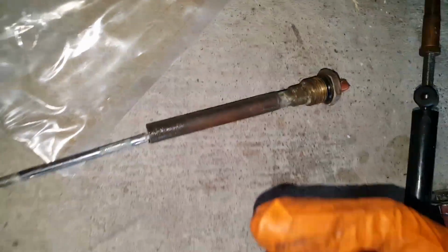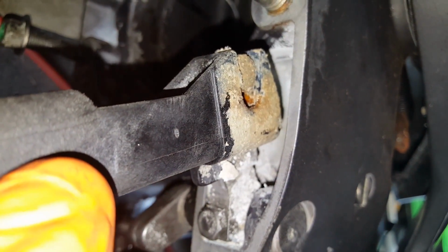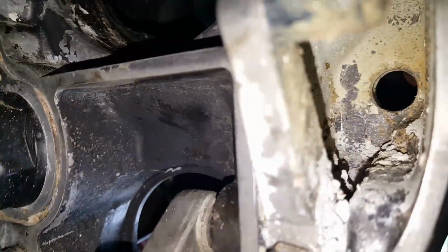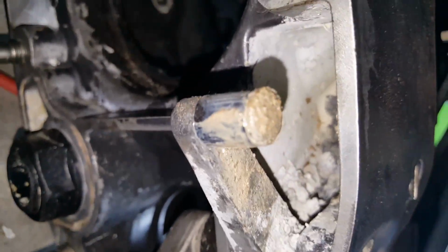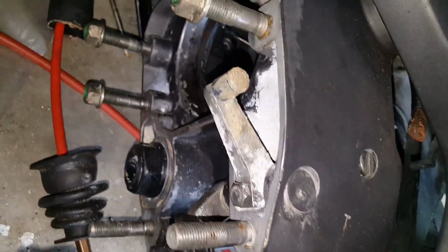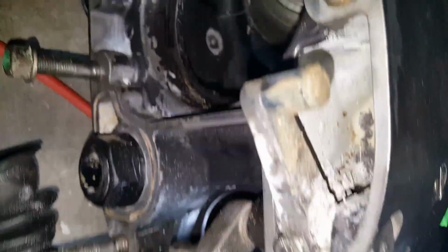All right. There's the piece that disconnected, and you'll see here this little guy comes out. This is your chance to clean all this stuff out. Look in here. Isn't that gross? What is that back there? I don't know. But anyway, now's your chance, right? Get all this stuff cleaned up. So I'm going to pause the video, clean this up real good, and then we will start the reinstall of